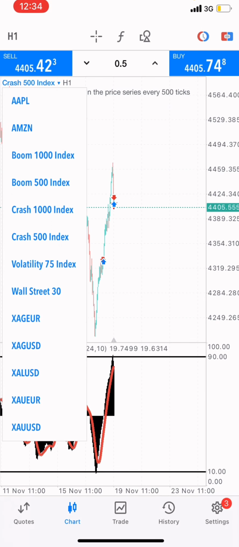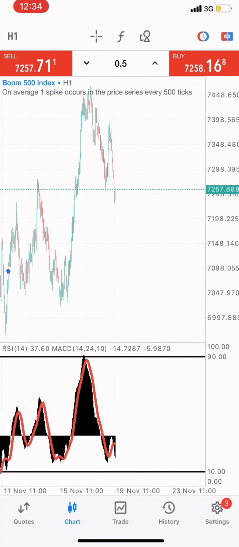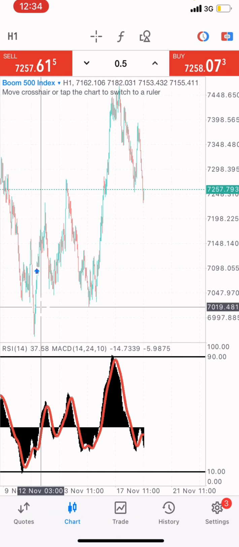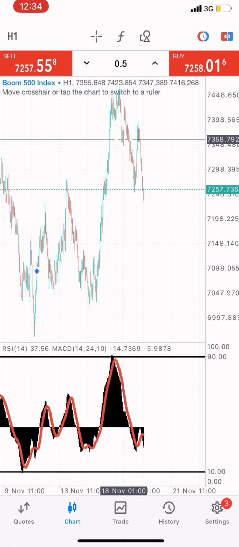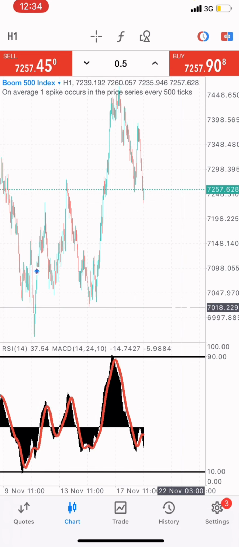So what I'll do is go over to the Boom 500 index. I'm using the same parameters, which is the RSI and the MACD, as you can see. So I'll zoom into the market. First, I want to do a proper analysis on this market right now. All right, the market has already got into the overbought, so it's going towards the downward trend, right, on the